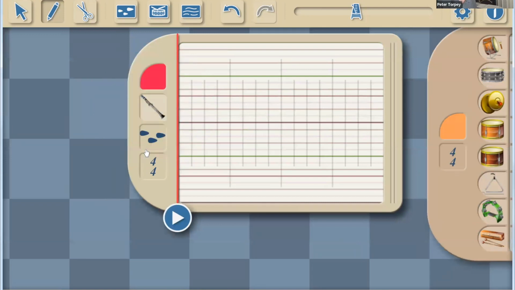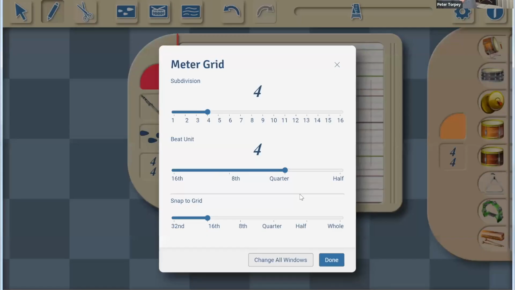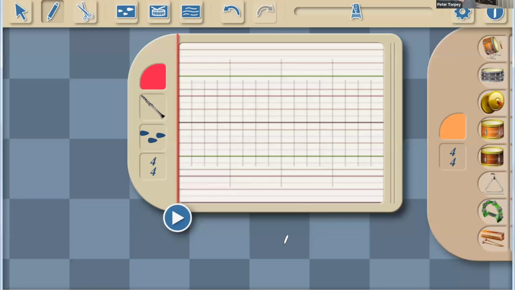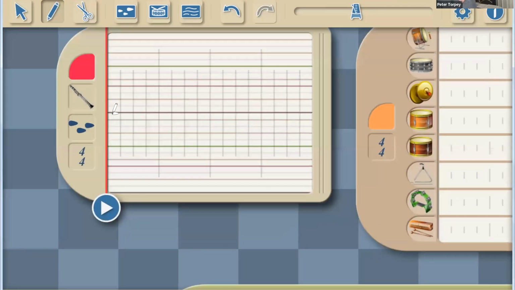So I can click on things. I can pull up my meter settings very easily. So it's a few notes.